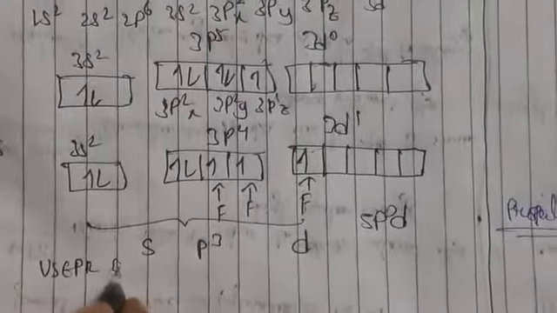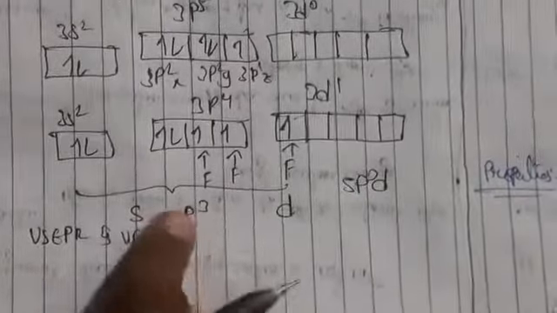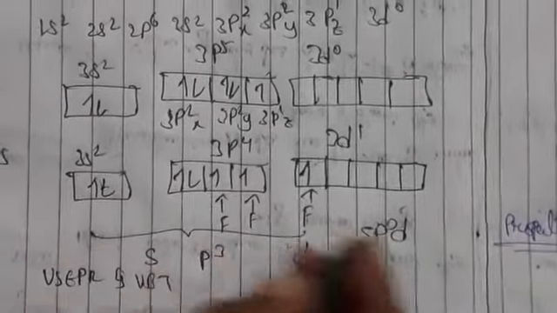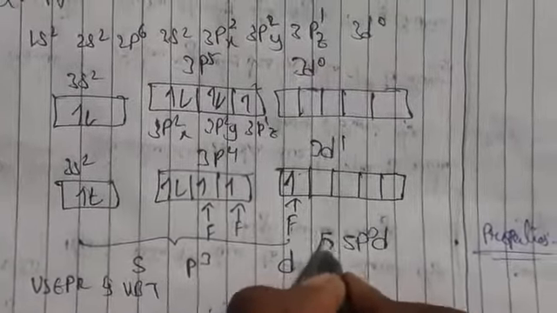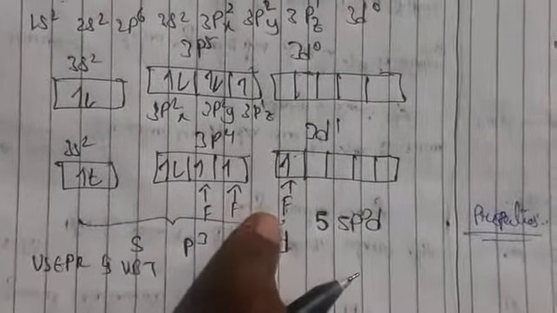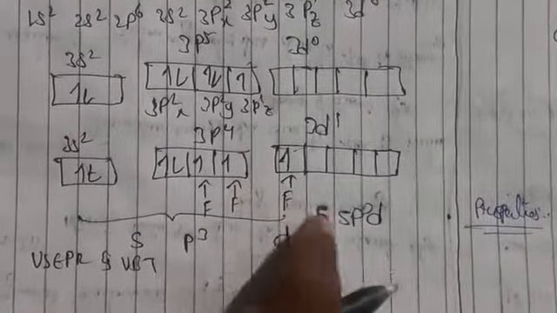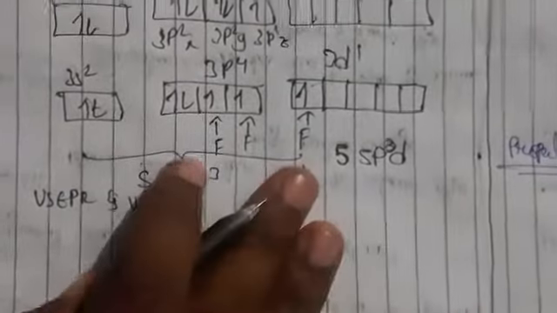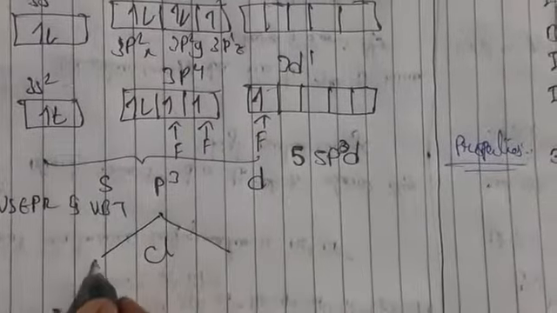According to VSEPR theory and valence bond theory, it consists of lone pairs of electrons: 2 lone pairs and 3 bond pairs, so totally we have 5 sp3d hybrid orbitals, meaning these atoms combine and form new bonds. So here the ClF3, as you have seen, will be like a trigonal